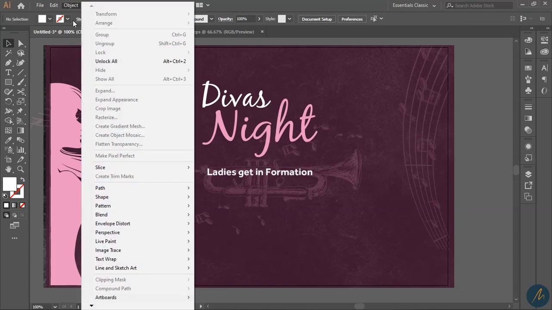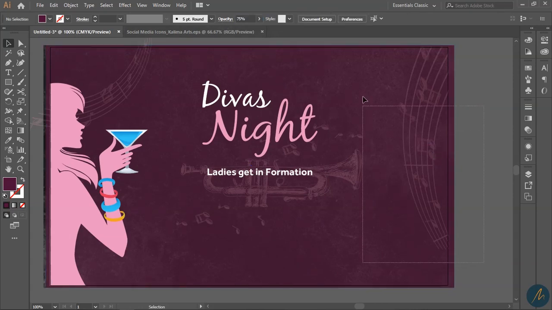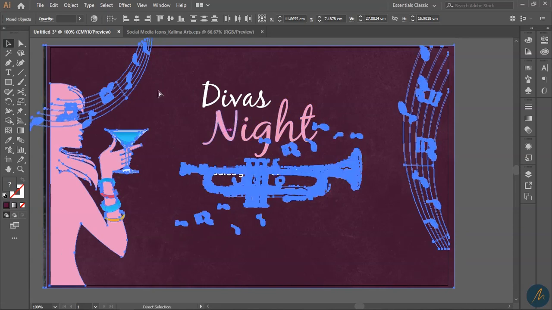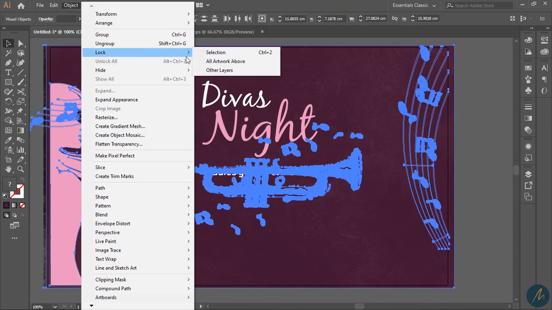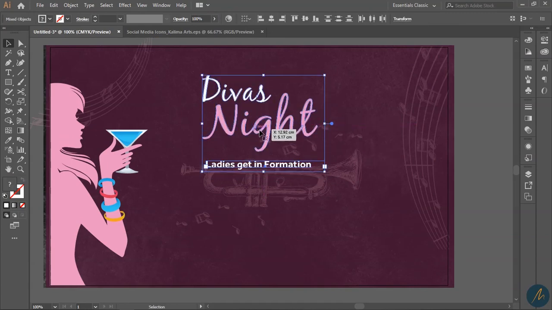Let me first go to Object and then Unlock, or I will need to increase the opacity of this one, just like this. Let's do 75 like this, and then I will select all of it like this. By holding Shift you can select anything like this in Illustrator. So the ones I need to work with are well selected. I can go back to Object and then Lock Selection, just boom, like that. Okay,